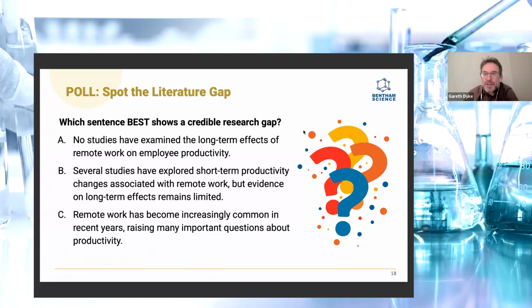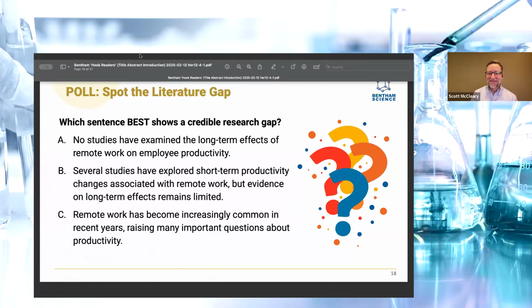Wow. Well, having listened to the poll results from the first one, I'm going to go with either B or C in this one, because now I'm looking more carefully. B or C provide us with more information about what's happening in the study, and so therefore more information about the literature gap. What's the audience? What have our participants said, Scott? Okay, let's take a look at the poll results. I'm going to share the results now. Results still coming and people changing their answers. Everyone's thinking about this one hard. Okay, great. Let's share the results here.